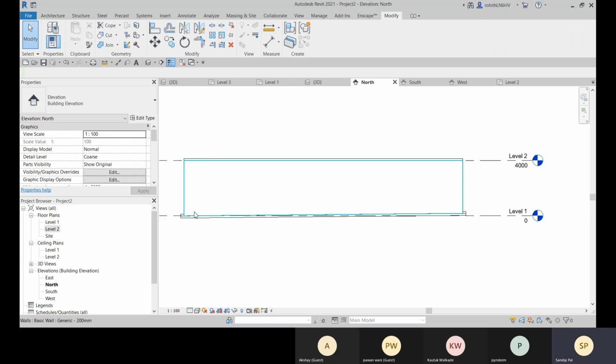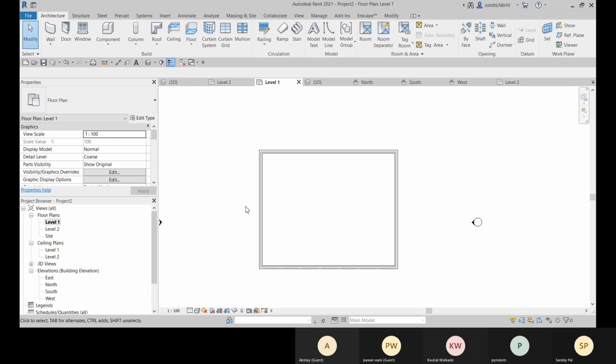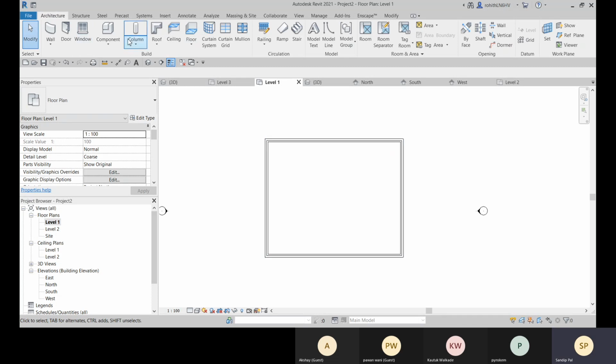So that is the floor, but that is a floor for level 2. But for this level 1, there will be a ceiling. So for that, go to this architecture and go to the level 1. At level 1, we will create a ceiling over there.